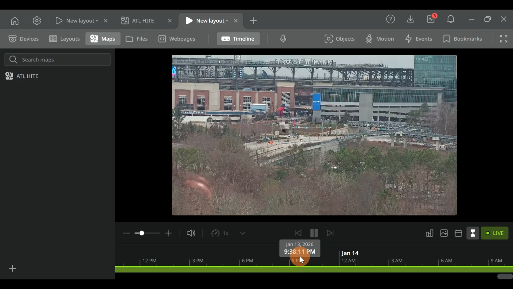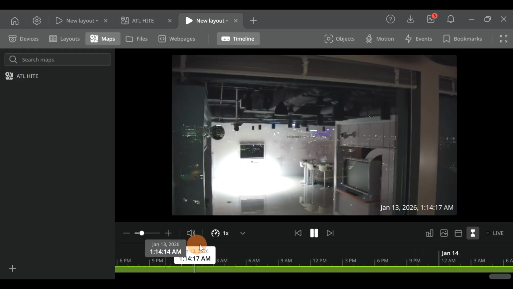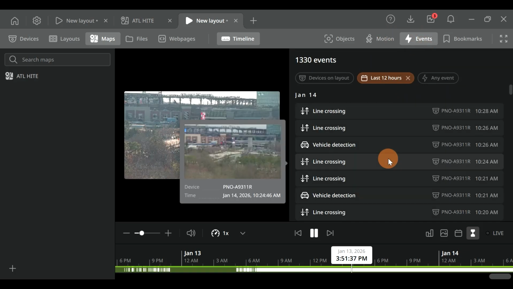Navigate the timeline for events by scrolling out to zoom out or scrolling in to zoom in. And select the time frame that you want to view. To access the camera's events and motion history, select the corresponding tab. Here you can view the camera's analytic data,